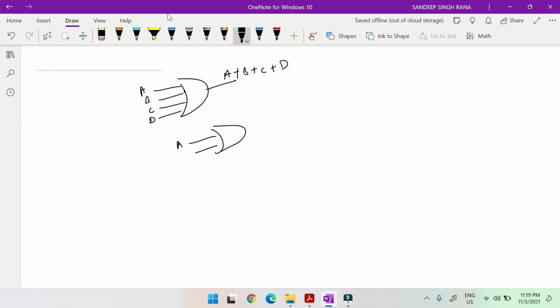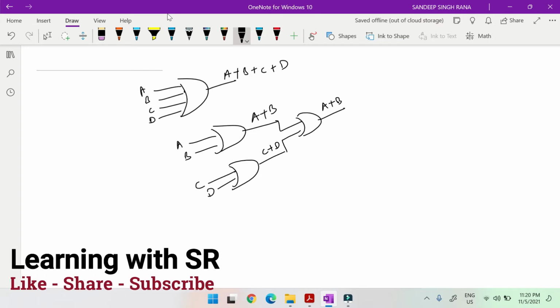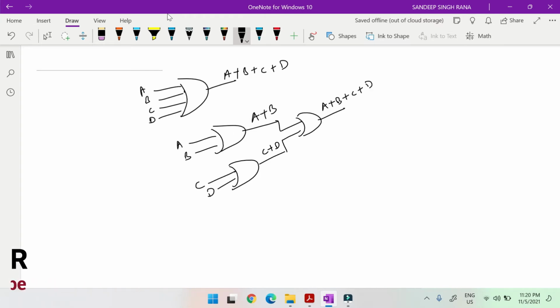What we can do, that is A plus B we will provide here, and what should we get as output? That is A plus B. Similarly, if we provide C and D to another OR gate, we get an output of C plus D. We can feed this to another OR gate, and what output should we get? That is A plus B plus C plus D. Likewise, we can design our 4 input OR gate.